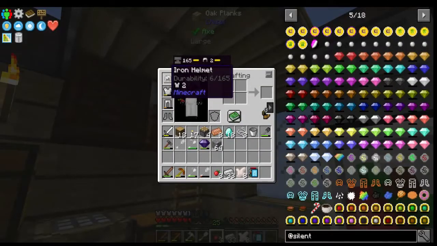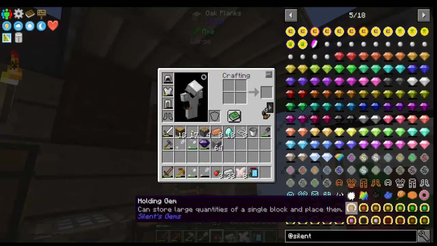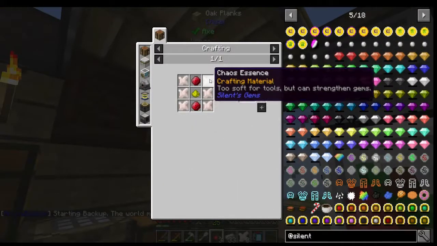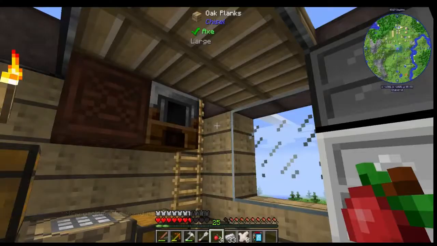And it'll be repairable using our gems. Because, I mean, look, this one's about to die already. And supercharging the gem isn't anything bad. It's not hard to do. It's literally just some chaos essence and two of the gems. So, I'm going to make